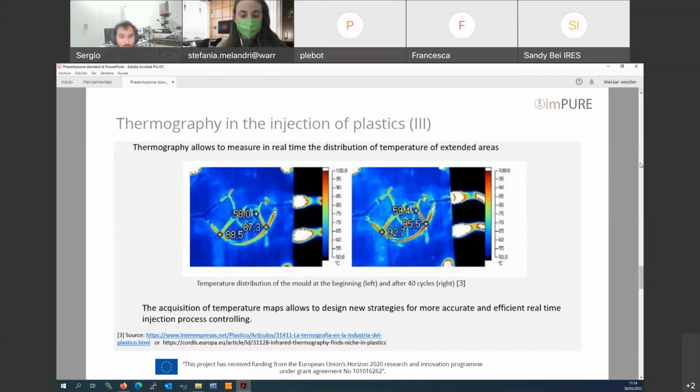You can set points to take several measurements, or zones. And if you want to do more analysis on other parts of the image, you don't need to add more sensors. You can just add more measurements on the same image,